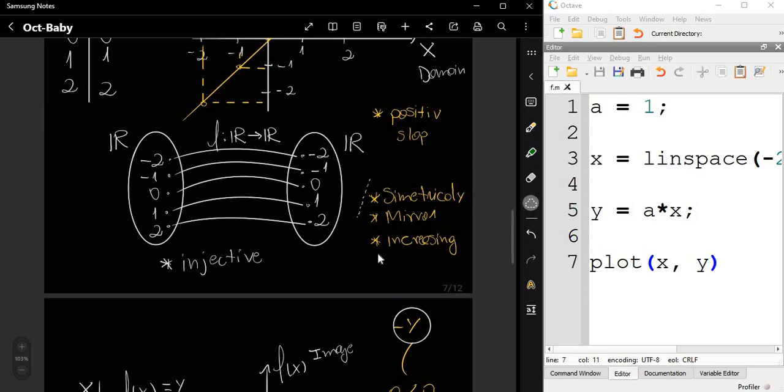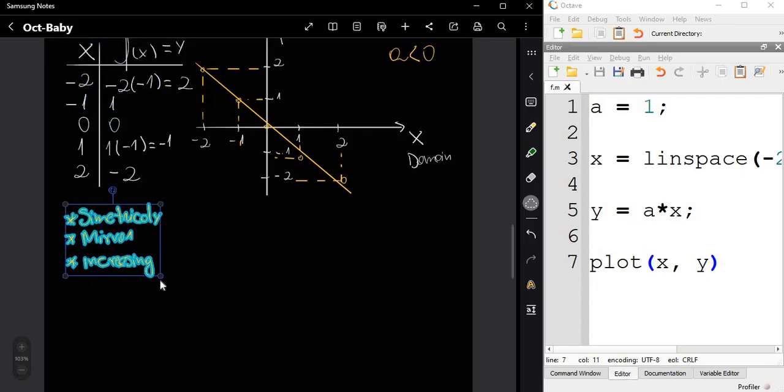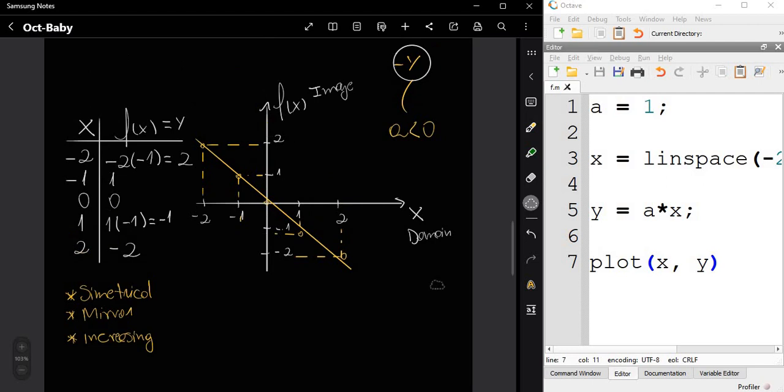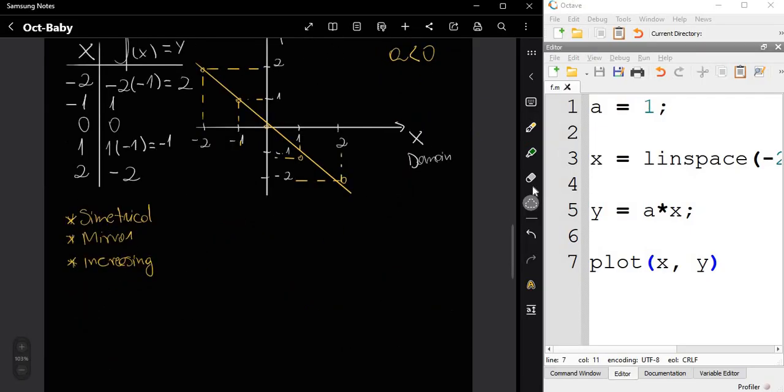And these properties remain. We can say that it is symmetrical. We can mirror such a function, and right here it is decreasing. This function is decreasing.